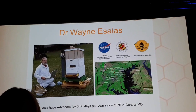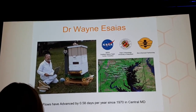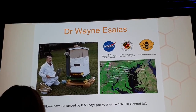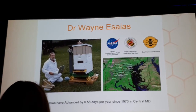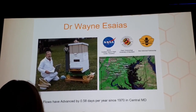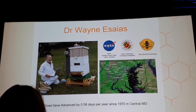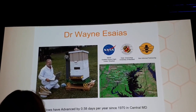There's also Dr. Wayne Science, I can't pronounce his name very well. Basically, I love this picture of his hive scale. He set up a network of hive scales. He was a professor of entomology at the University of Maryland. He also worked for NASA. So right in the 90s, he managed to mix the pictures of the Earth, this is before Google Earth, and this is the NASA pictures of the Earth. He had a hive scale network, and to cut a long story short, he was basically looking at global warming, and by taking hive weights, mixing them in with these aerial pictures, he did manage to observe global